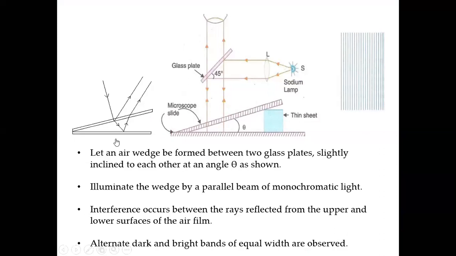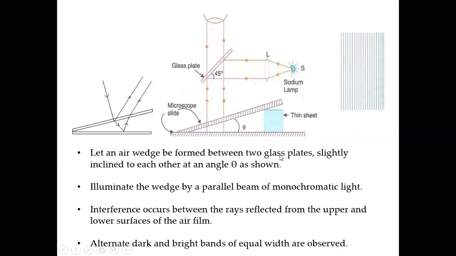As you could see in the diagram here, there is one optically flat glass plate above which is another. Both of these glass plates are inclined at a very small angle, and therefore it forms a wedge shaped